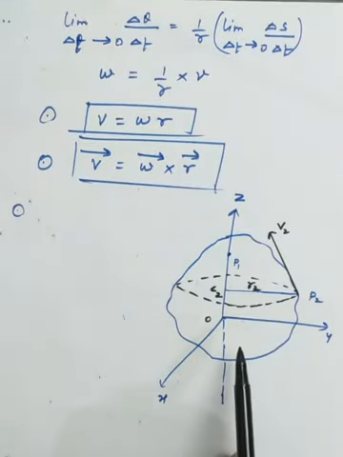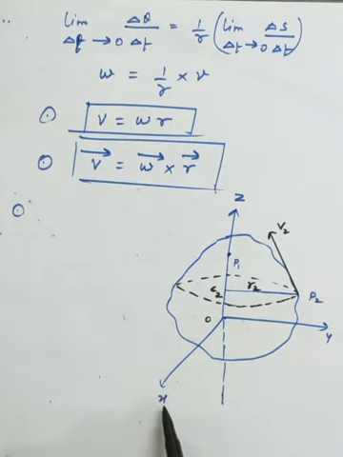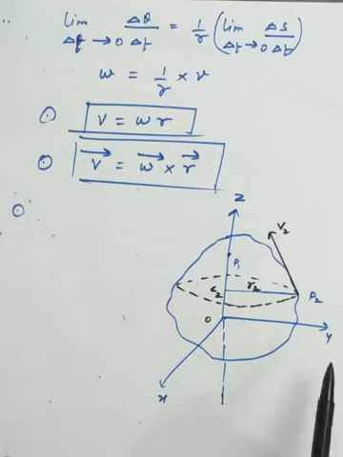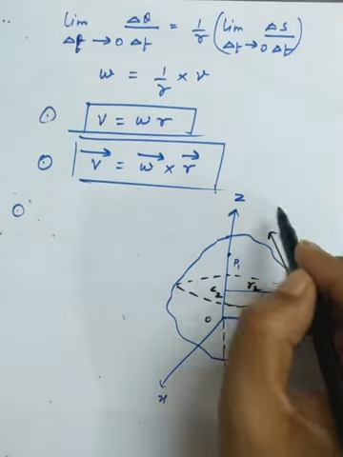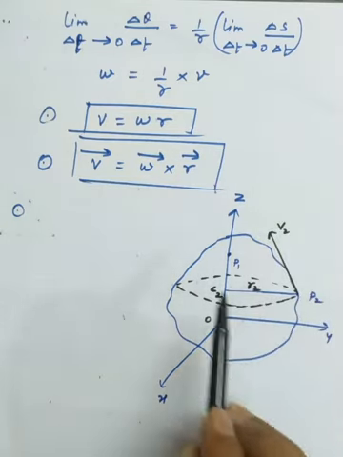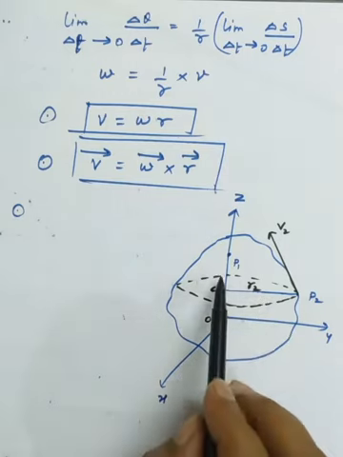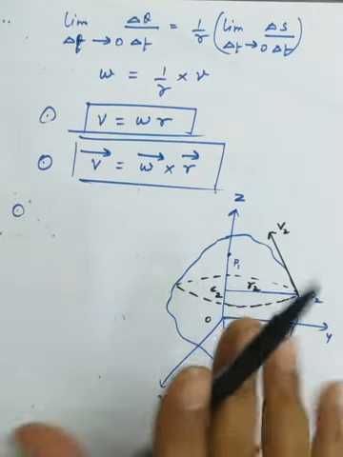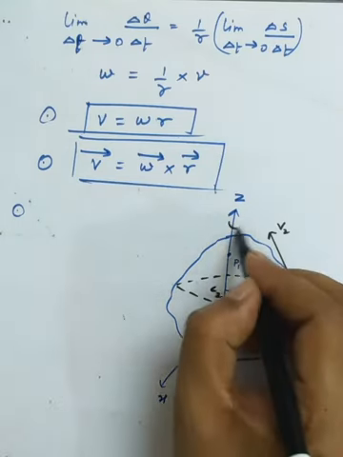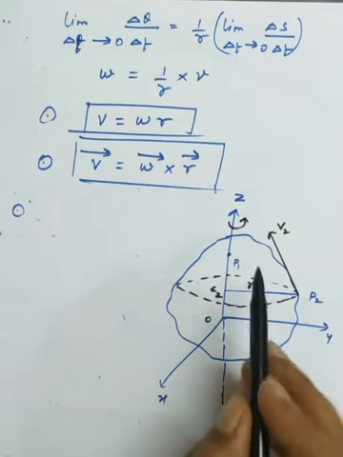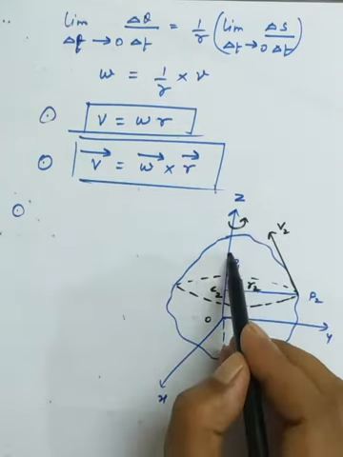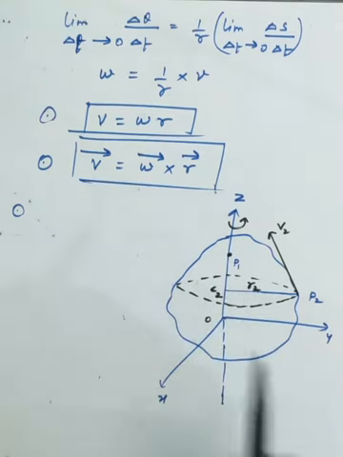Now to make the other concept clear, I am using a further example of a rigid body which is in the xy plane and making rotation about the z axis. The rigid body is made up of a large number of particles, so I am representing only two particles. As the body is making the rotation, we imagine a particle p1 at the axis of rotation. So what kind of linear velocity does it have?